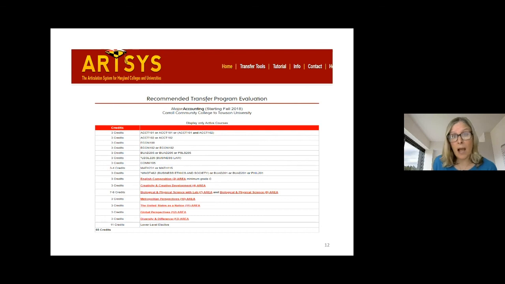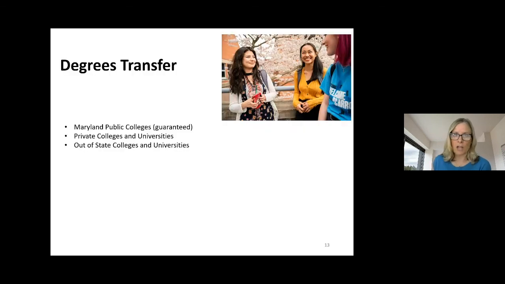Now, outside of the state of Maryland, they want to help you too. We don't have an articulation system exactly like this, but many, many schools, out-of-state and private schools, have transfer equivalencies listed on their website. So you can go to their websites and you can get a lot of information. When you go to a website, usually it has two different ways that you can enter. It'll say freshman students or it'll say transfer students. And so if you select transfer students, often you can find out a lot of information about what they're going to accept. For really common community college schools that transfer into those schools, they have a lot of information, or you can call them. They'll talk to you, they'd be happy to talk to you, or you can visit when that's allowed.